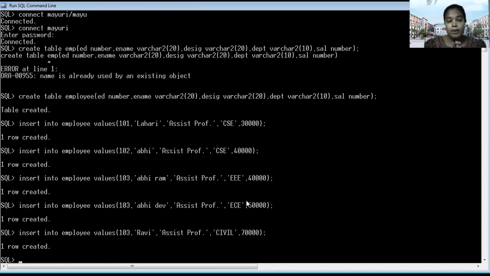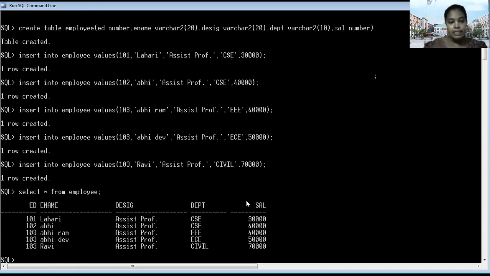Now you have to perform how to show the data in the table by using the select command. Select star from table name. This is the syntax. Select star from employee. This is the common syntax.